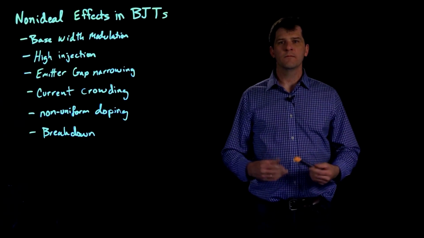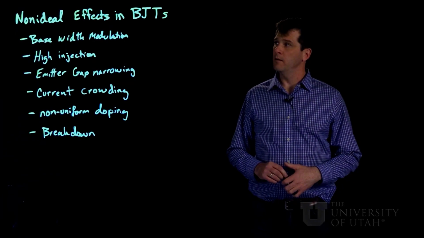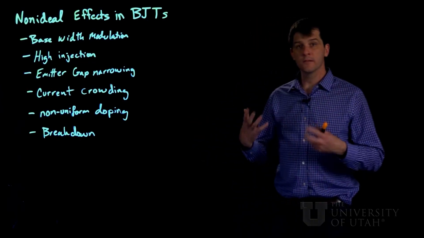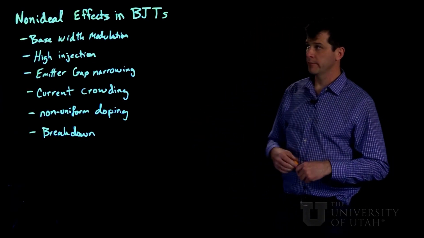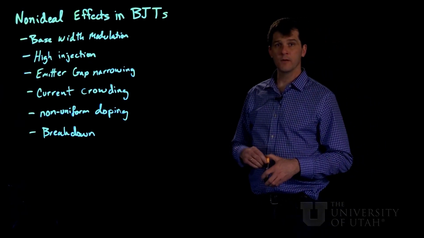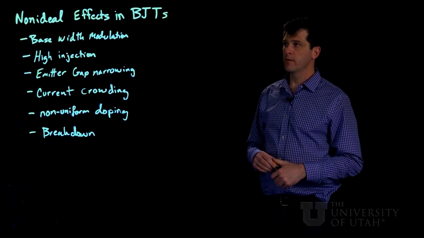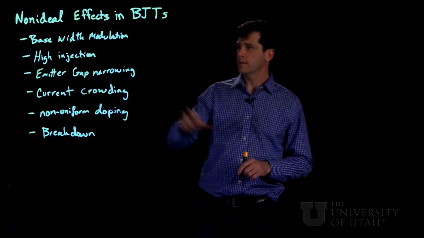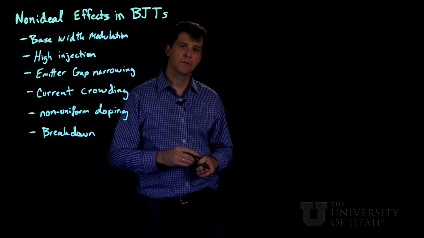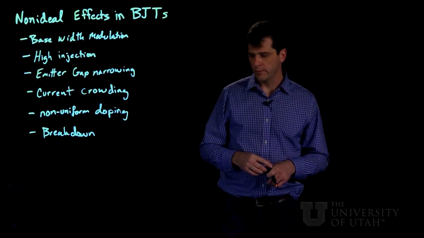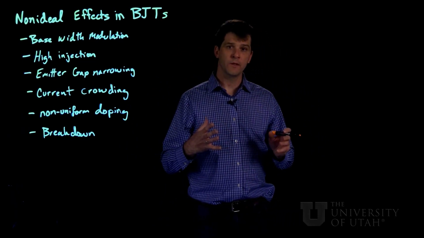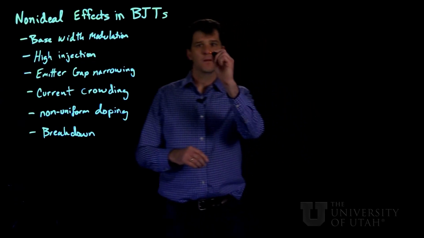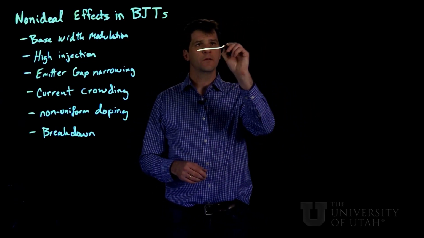Okay, in this section, we're going to investigate some non-ideal effects and changes to the ideal model that we've used to derive the behavior of the bipolar junction transistor. So the first one is base width modulation. Very similarly to the case in a MOSFET where the channel can change length, in a BJT,